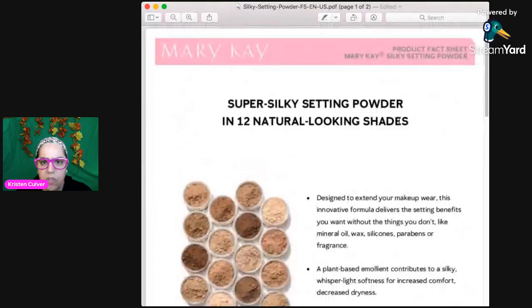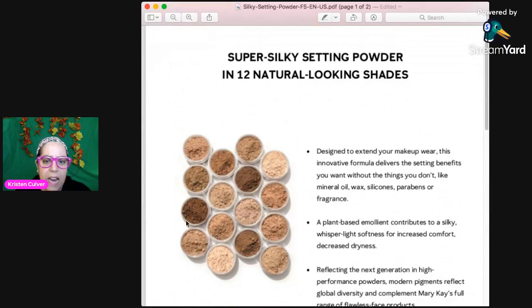If you want to know details about the product itself, I don't know if I have every single ingredient, but we have what we call a product fact sheet, and it gives you more information, and I'm allowed to share that information with you. If you allow me a moment, I look like I might be able to share this file. We'll see in a moment. It's a 2-page PDF, but just trust me. So I'm just scrolling through real quick, but you can see here are all 12 shades